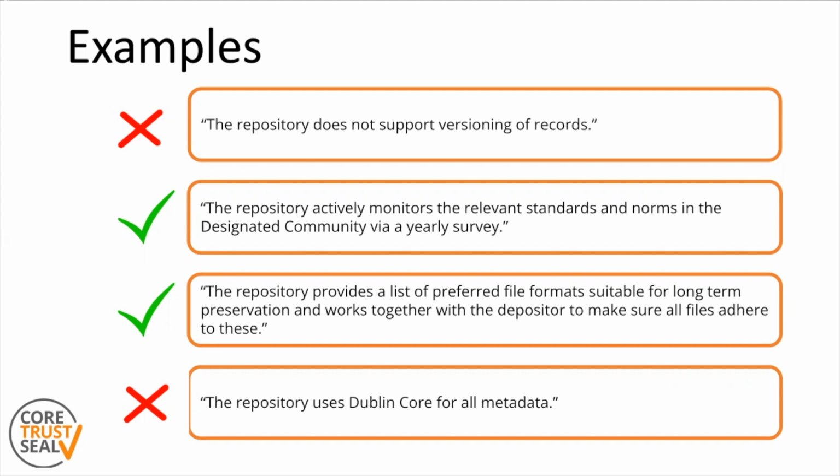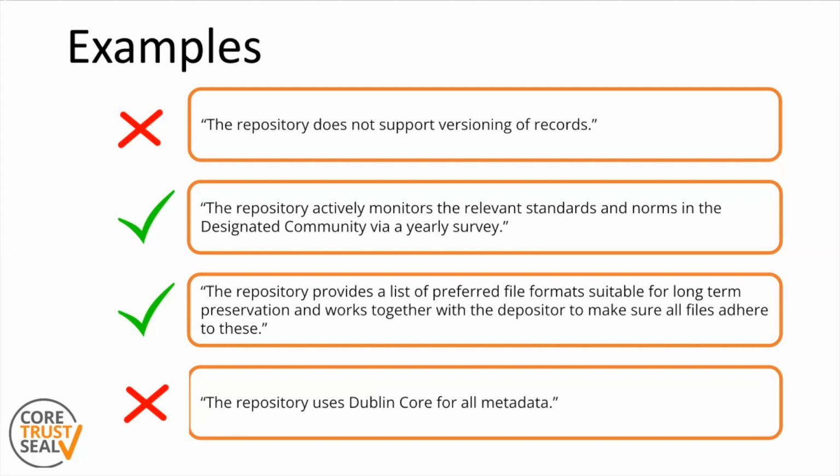The second example gives a clear view of how the repository stays informed about the designated community and identifying their needs. This is a great way to facilitate trust and long-term reuse possibilities. The third example shows a way of ensuring data formats are suitable for the long-term reuse. Additional information that would strengthen this response even further would be to detail how this list is curated and kept relevant to the designated community.